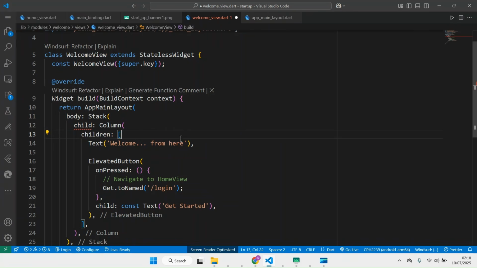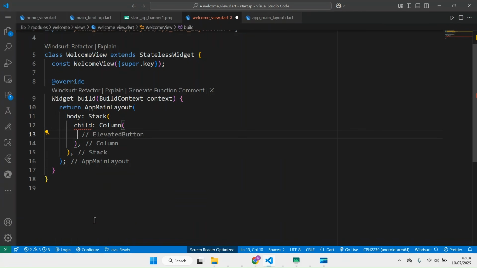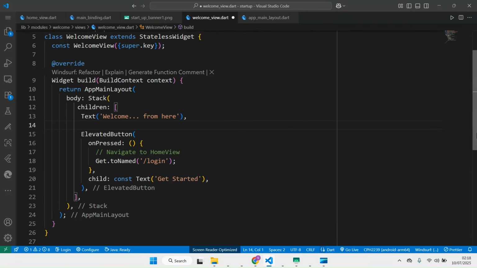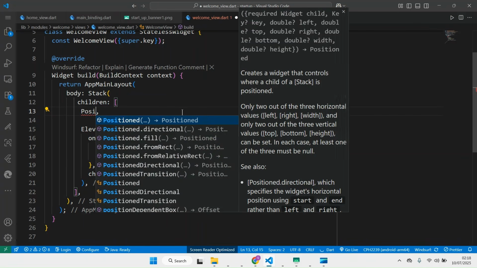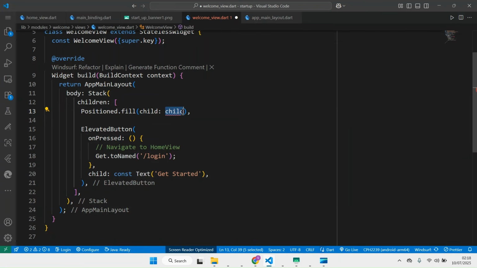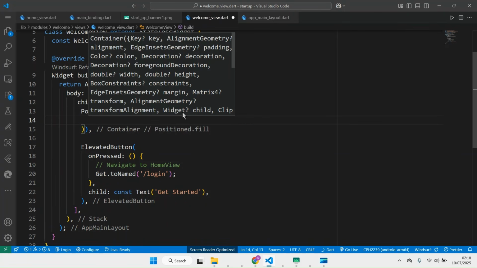So, can remove this and wrap here. So children. Okay, we can do position fill, because we want to fill all the remaining position. So we can do position dot fill, and for child we can pass container. Container, and so for container